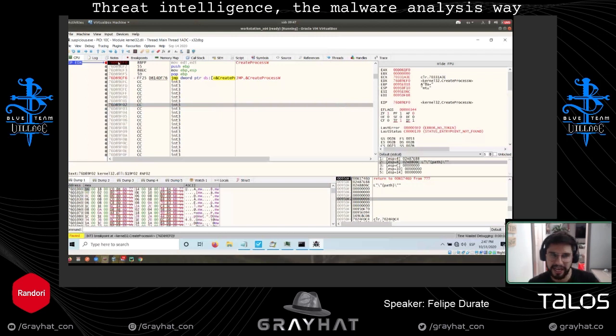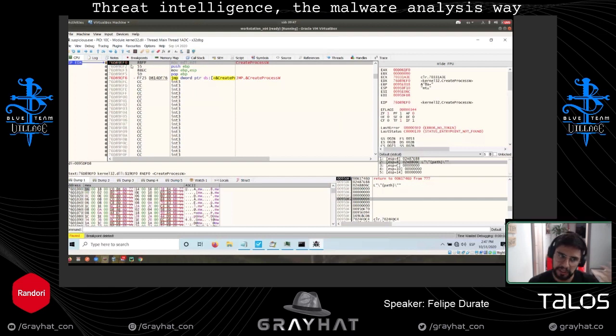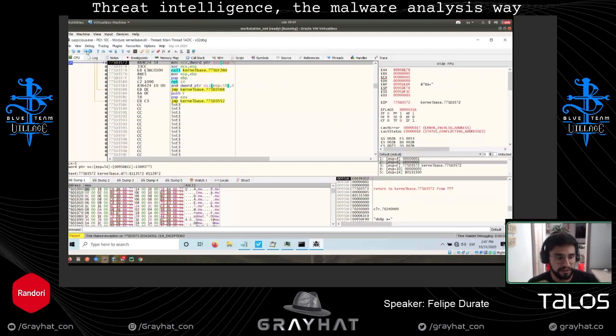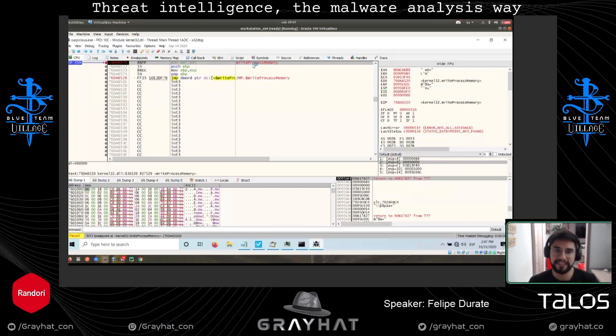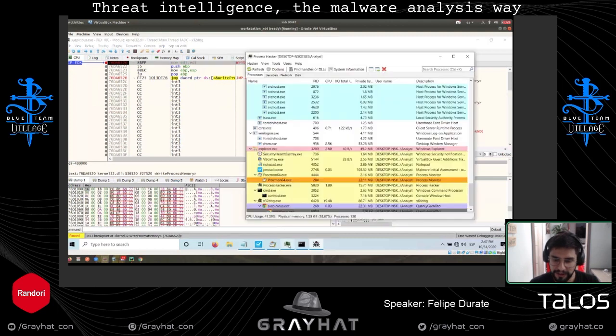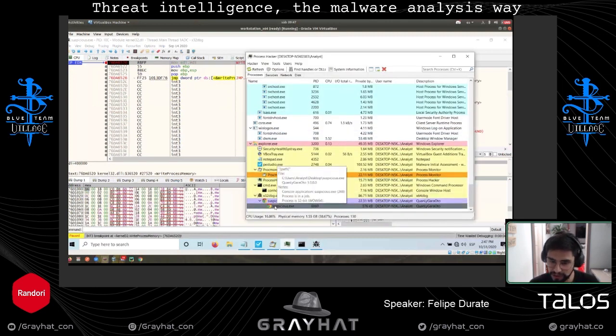Because I just got the idea, okay, this is probably going in the same path that I thought, I'm just going to continue and see that this thing is going to write process memory. Something very interesting: look, there is a new child process, and actually this color means it is suspended. So yeah, something weird, something obscure is going on here.